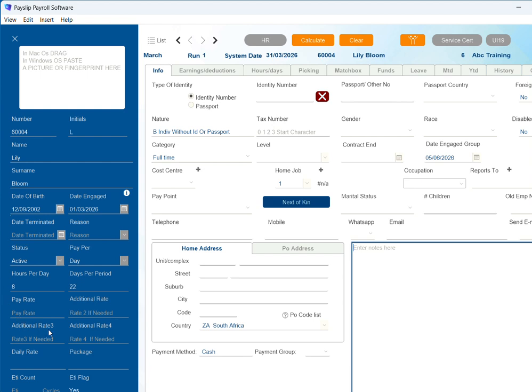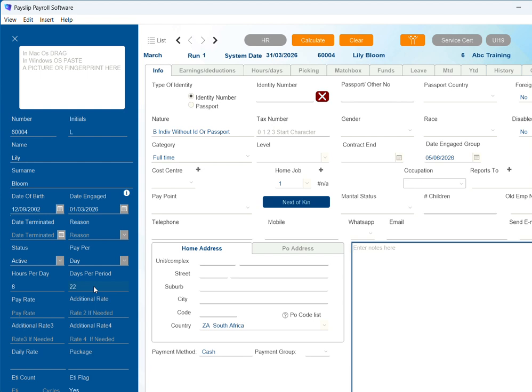All the company defaults that have been set up will populate automatically as well. In this case, we're making use of paying per day. So that will populate there, how many hours per day and the days per period.